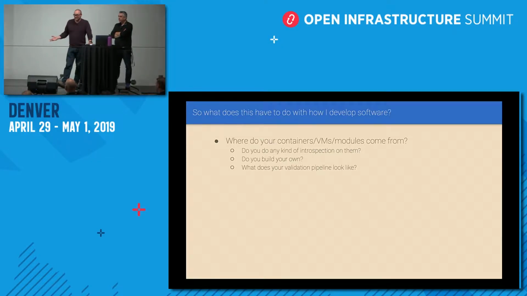Don't just assume that what you're getting is good and that somebody else has done their due diligence and has made sure that there's not some kind of major issue. And also, find out what their build process looks like. How often do they build? How often do they commit?